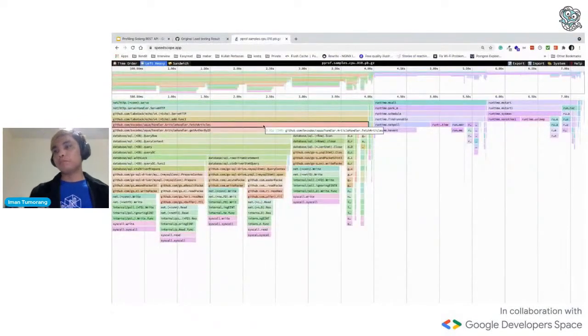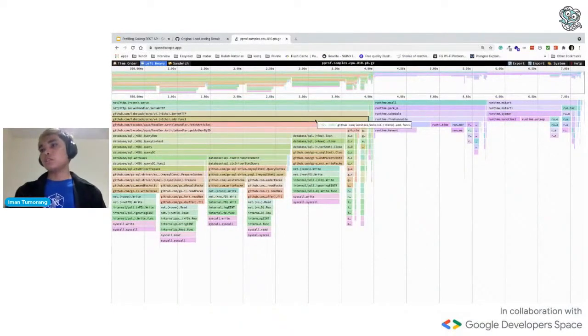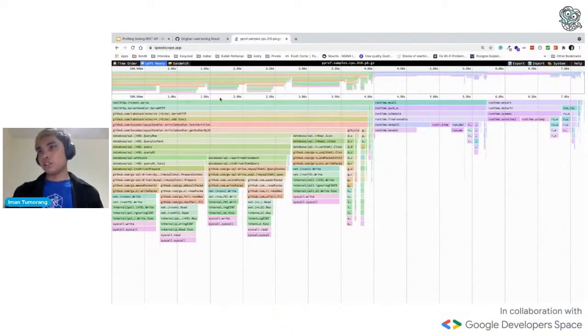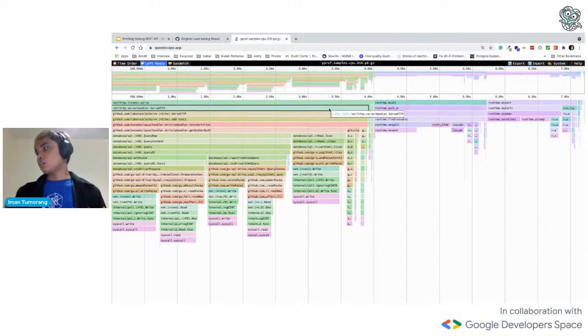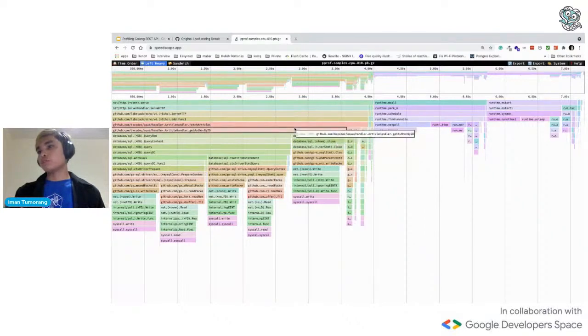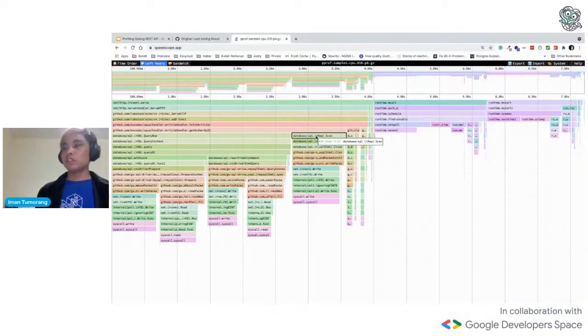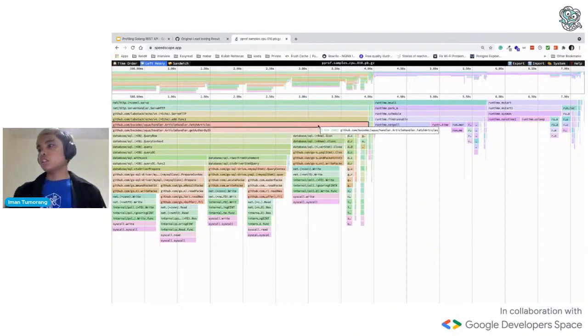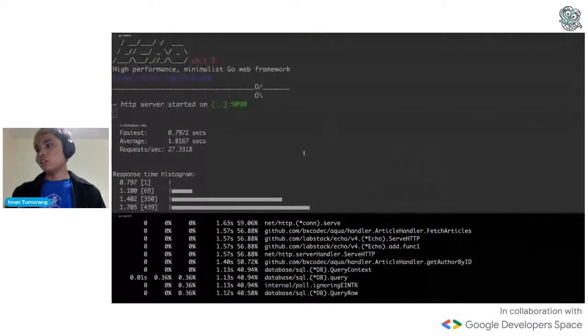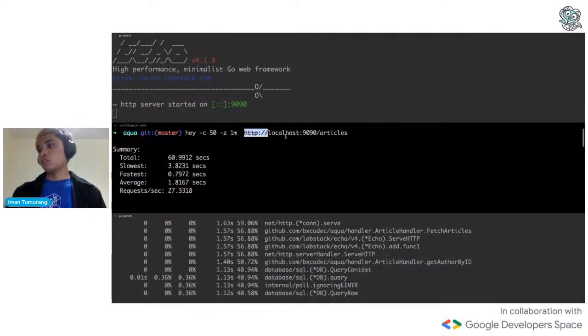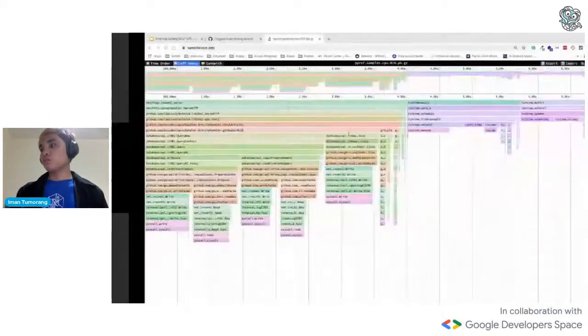This is an example of the Speedscope result. As you guys can see, this is in a time frame manner. Like in 7 seconds, we have a fetch article executing for 4 seconds. And for how to read this, this is the core function of the fetch article that we have. So when the user calls this endpoint, we go to the fetch article function.